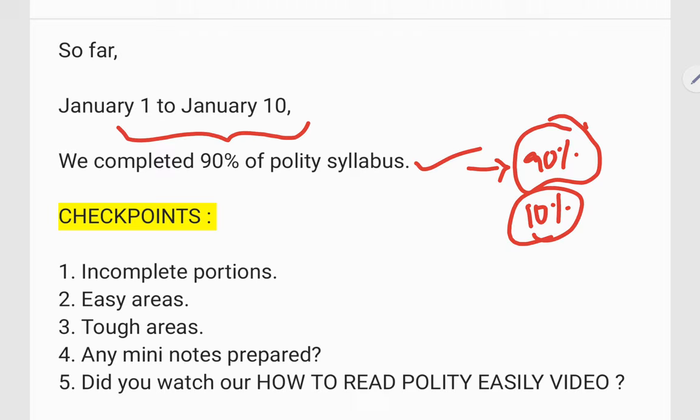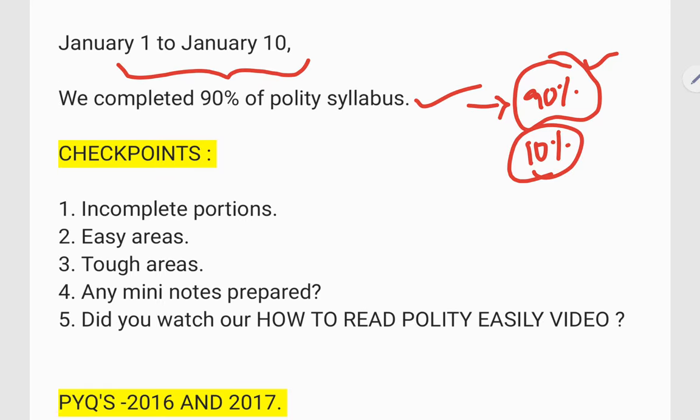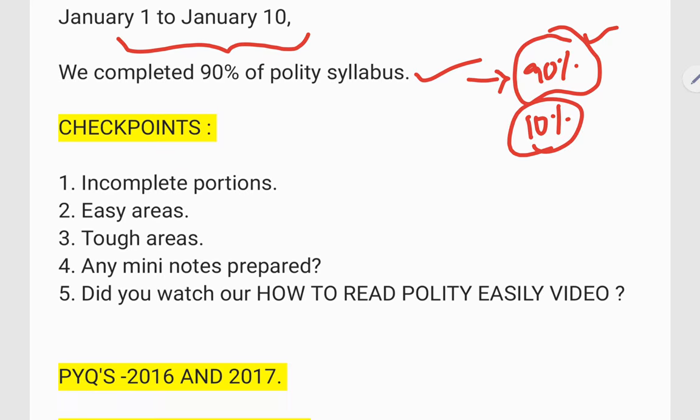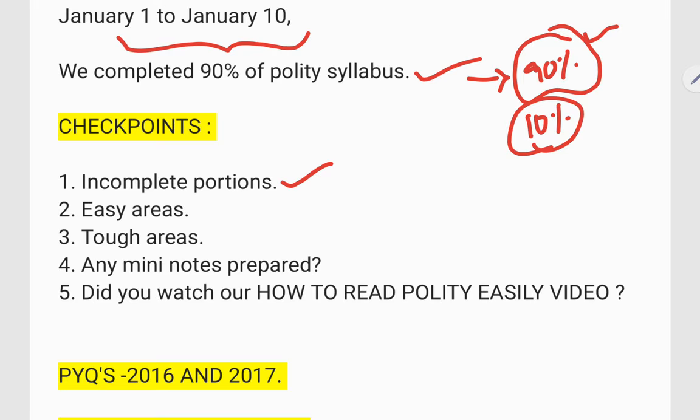So we have completed it. If you have not gone through the 9 day syllabus, please go through it once so that if you have some free time, you can do it. Now, what are the checkpoints that we need to take note of? Identify if there are any incomplete portions. Look, 100% I'm confident there will be incomplete portions over these 9 days. So identify them and please note down what portions were incomplete and how much time you need to complete them, so that you can complete them whenever you have free time.